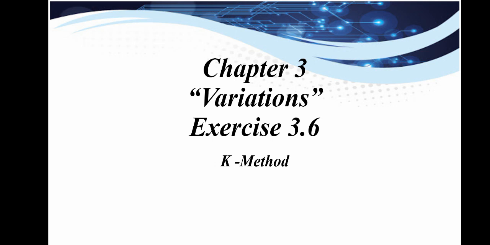Like if A ratio B is equal to C ratio D, then each of the ratios you have to replace equals to K. Here let me clear one more thing, that exercise 3.4 and exercise 3.6 have the same questions, but how can we differentiate whether we are going to apply the theorems of invertendo, alternando, componendo, dividendo, or we are going to apply K method?